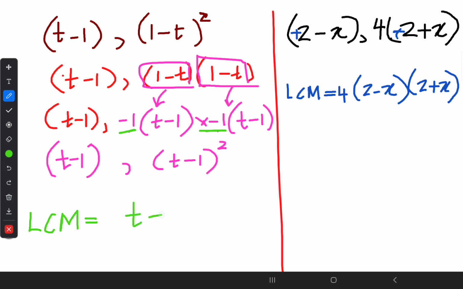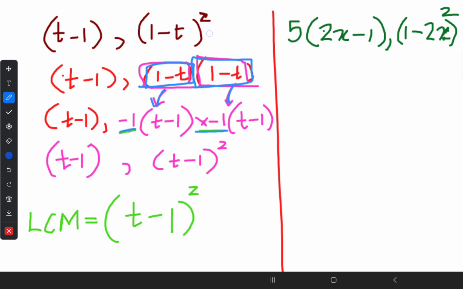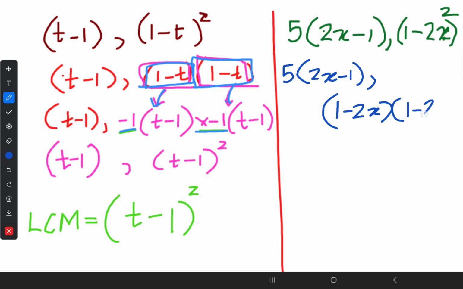So you have to include (2x minus 1) squared as your LCM for the question. In the right hand side, 5(2x minus 1) is already factorized and in the ground state. To get the next one, positive 2x became negative 2x, negative 1 became positive 1. Both signs were changed. So I'm going to write 1 minus 2x as (1 minus 2x) times (1 minus 2x)